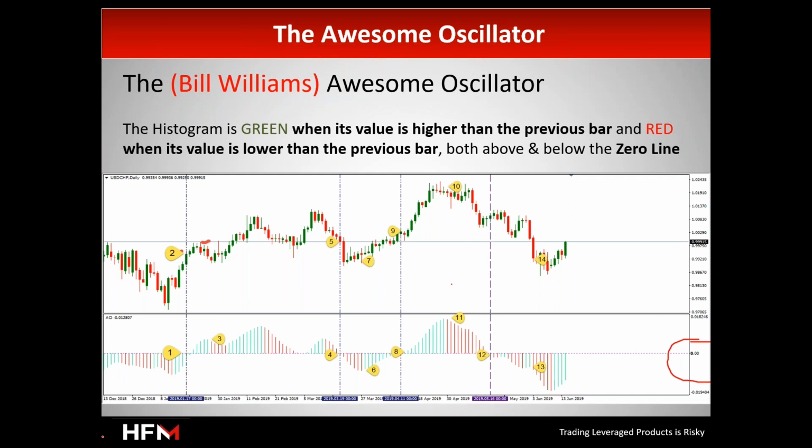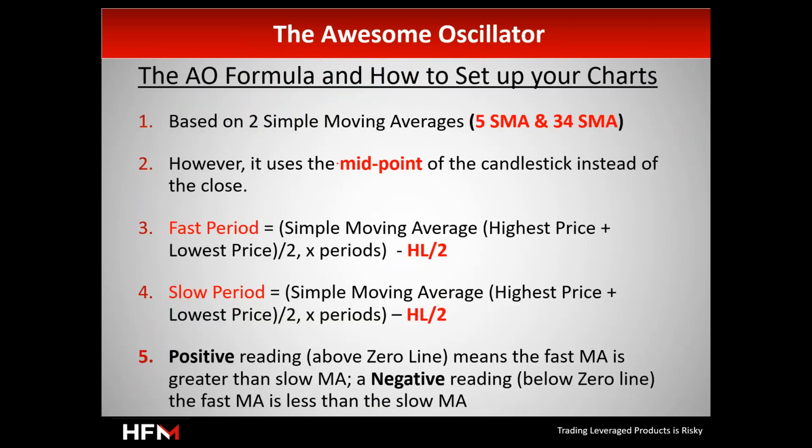And let me be more precise. Here is the formula again. I'm not going to go through that because we have seen it already. Just remember that whatever you're taking is based on the midpoint of each candlestick. So if you're a trader trading on an hour chart, the Awesome Oscillator will give you a comparison of the 5 simple moving average and the 34 simple moving average, but based on the midpoint of all these 1 hour candles that you have.